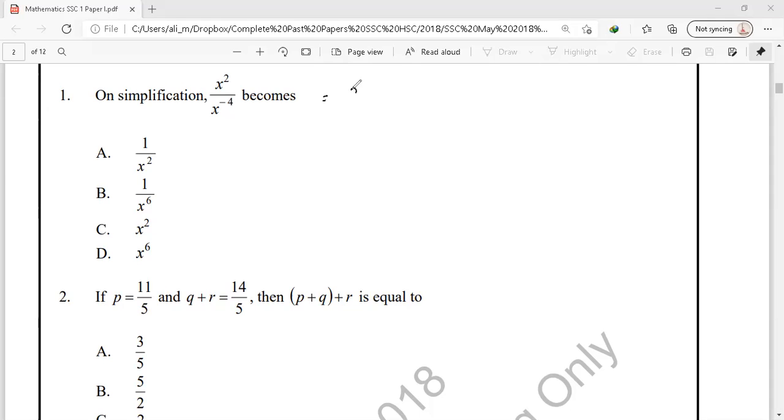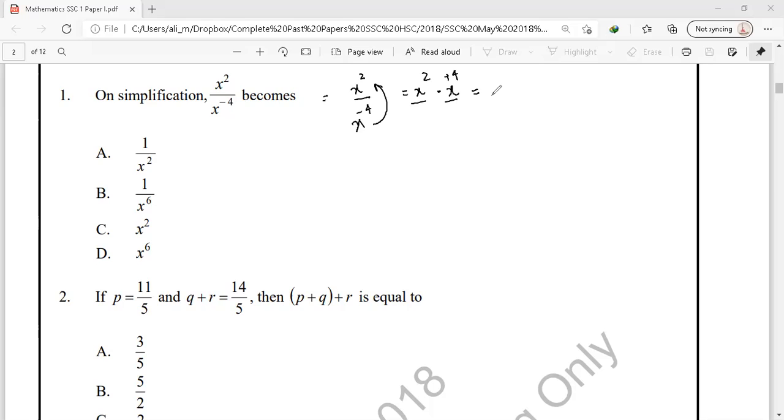So, इसे simplify करते हैं: x square divided by x raised to the power minus 4. इस डिनोमिनेटर को हम न्यूमरेटर के अंदर शिफ्ट कर देते हैं। सो हमारा एक्सप्रेशन कुछ इस तरह से बन जाएगा: x square इंटू x raised to the power plus 4. जब भी हम शिफ्टिंग करते हैं फ्रॉम न्यूमरेटर टू डिनोमिनेटर और फ्रॉम डिनोमिनेटर टू न्यूमरेटर, हम हमेशा पावर की साइन को रिवर्स कर देते हैं।